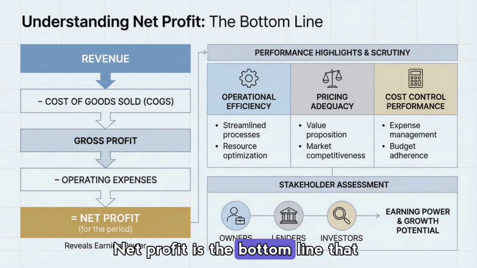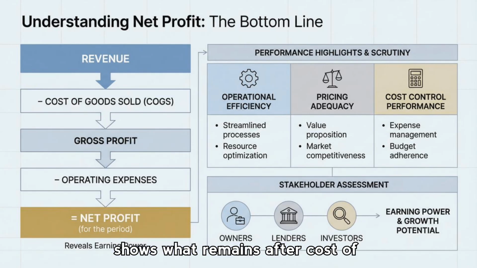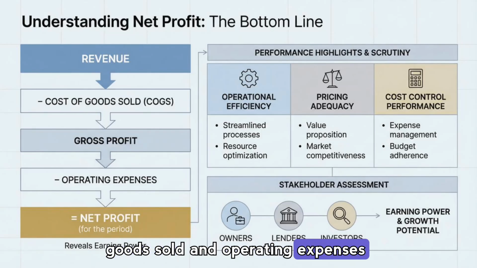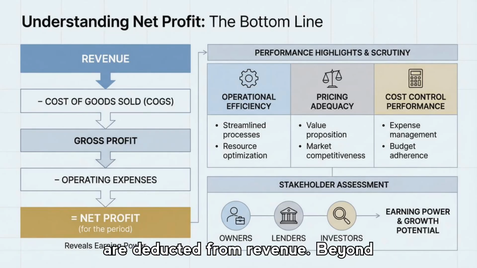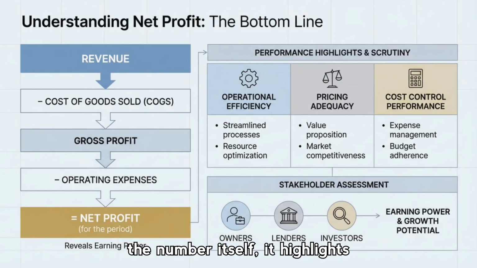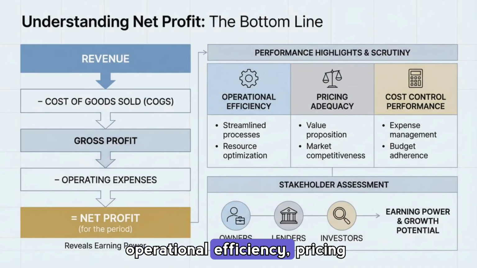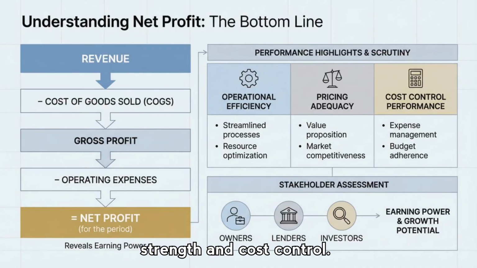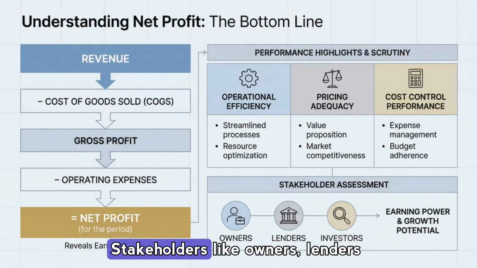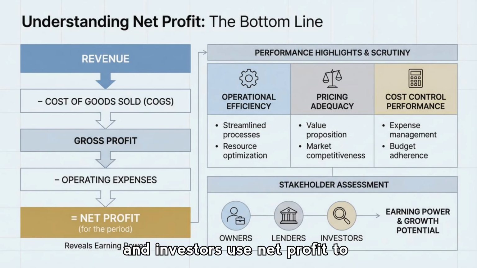Net profit is the bottom line that shows what remains after cost of goods sold and operating expenses are deducted from revenue. Beyond the number itself, it highlights operational efficiency, pricing strength, and cost control. Stakeholders like owners, lenders, and investors use net profit to assess earning power and future growth potential, so it's central